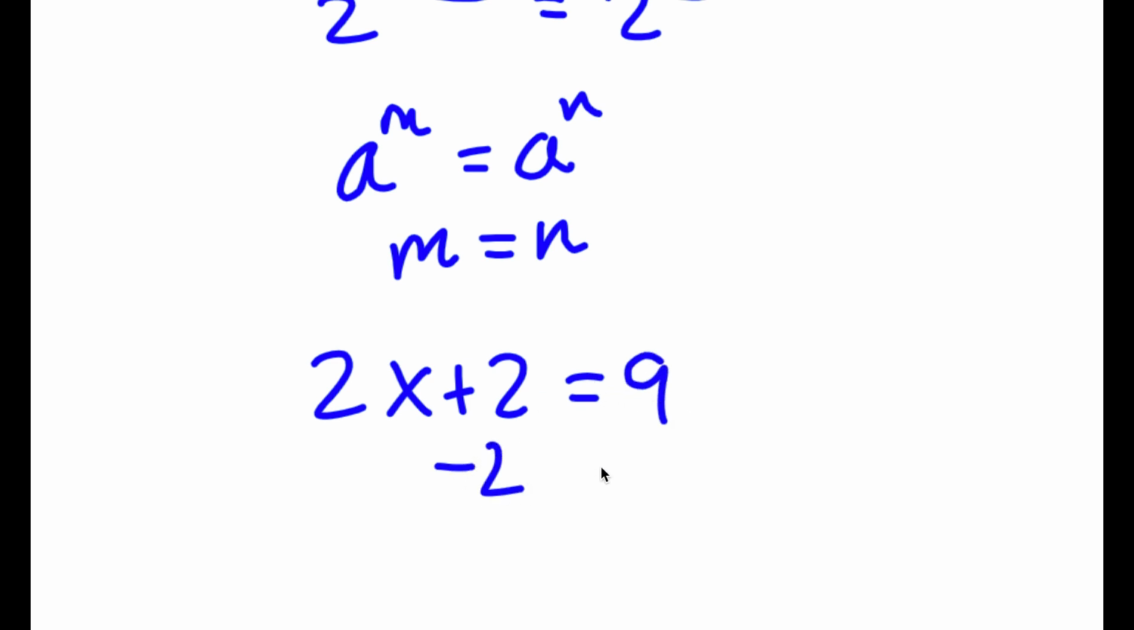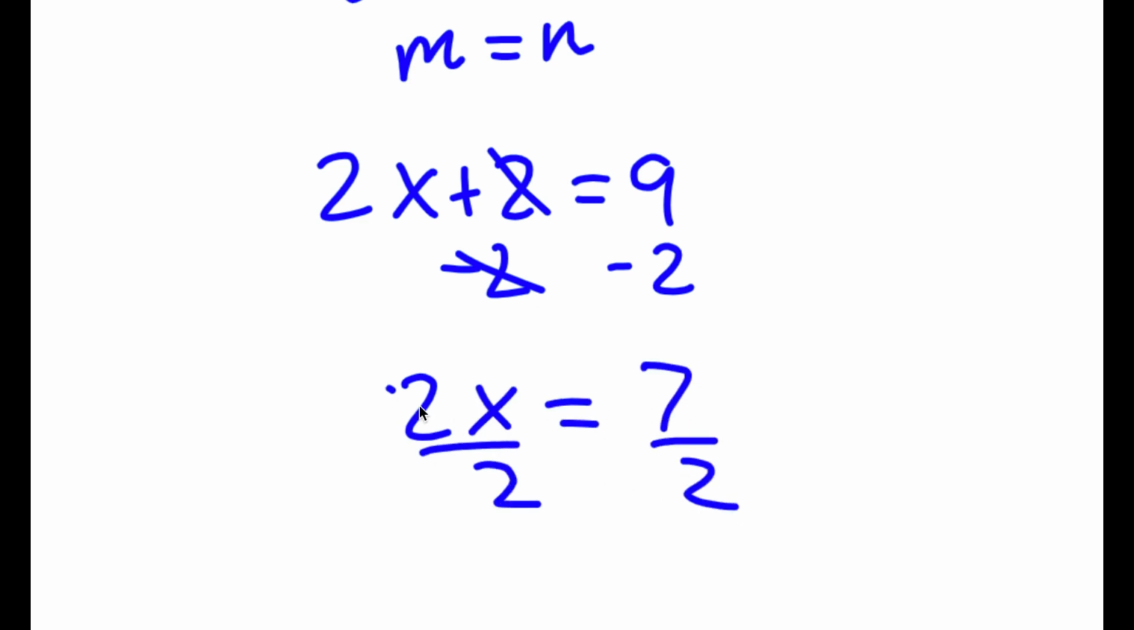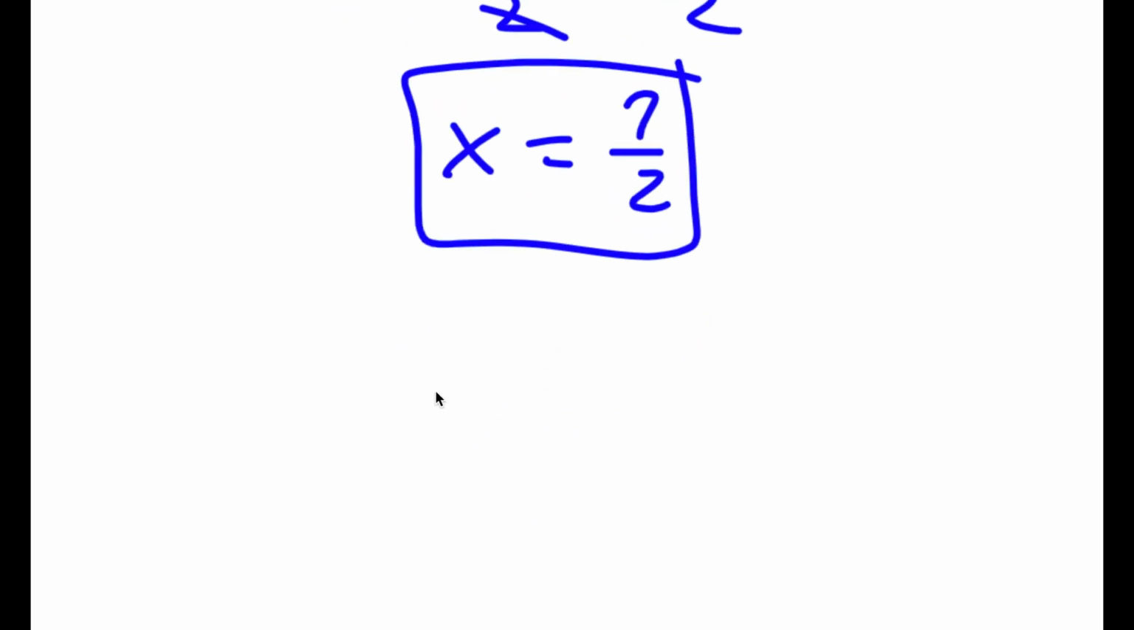So to solve this, I can subtract 2 on both sides. These two cancel out. So I get 2x equals 7. And if I divide both sides by 2, I get x is equal to 7 over 2. So now to check,